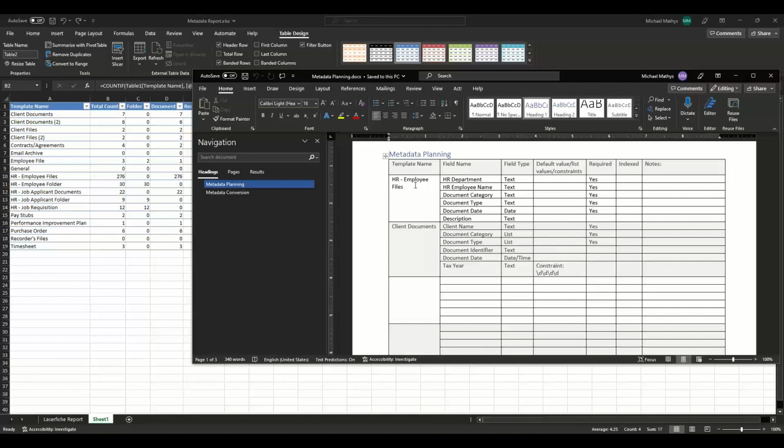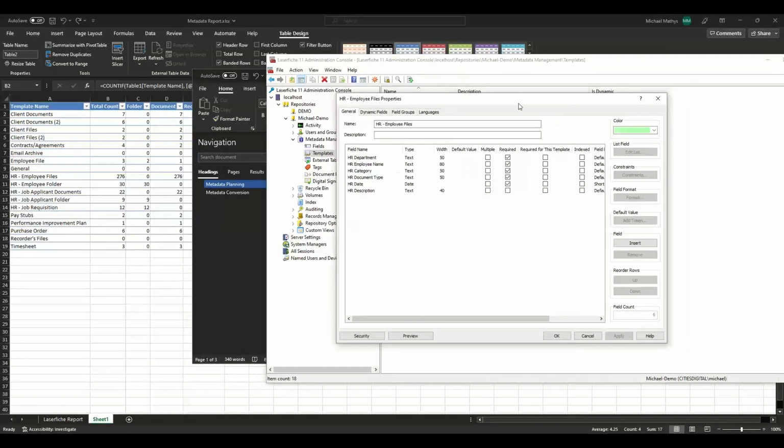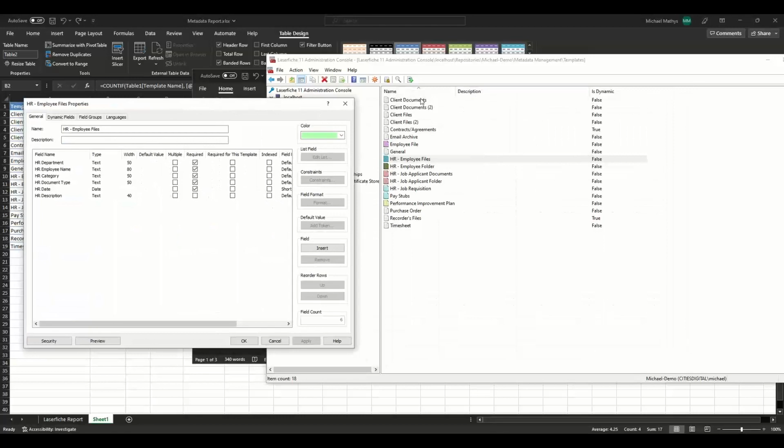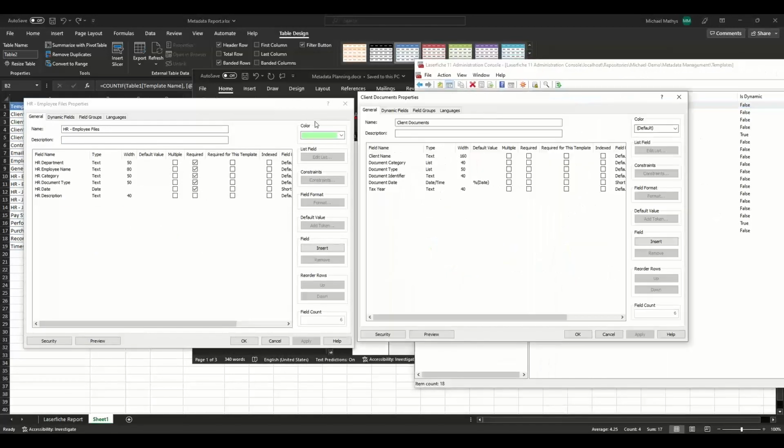However, that is too much for one webinar. So our templates we're going to keep are going to be our HR employee files template, as well as our client documents template. If we look at our employee files template and our client documents template,